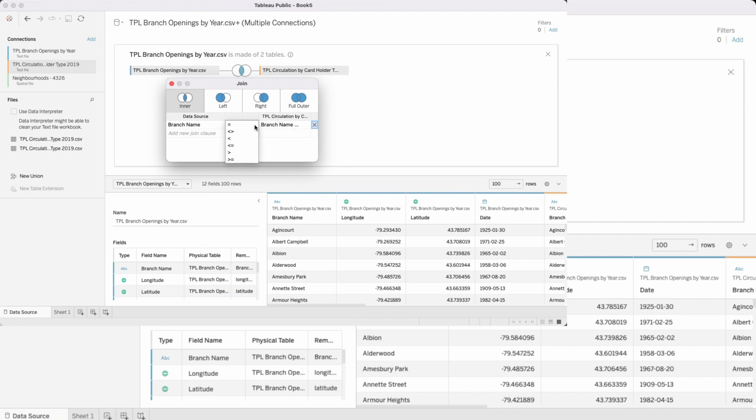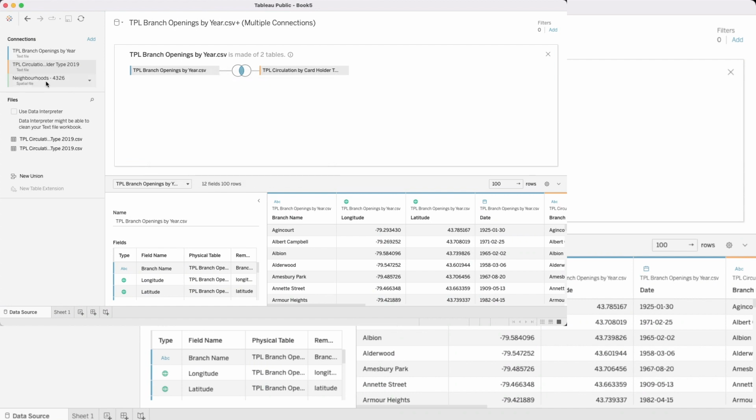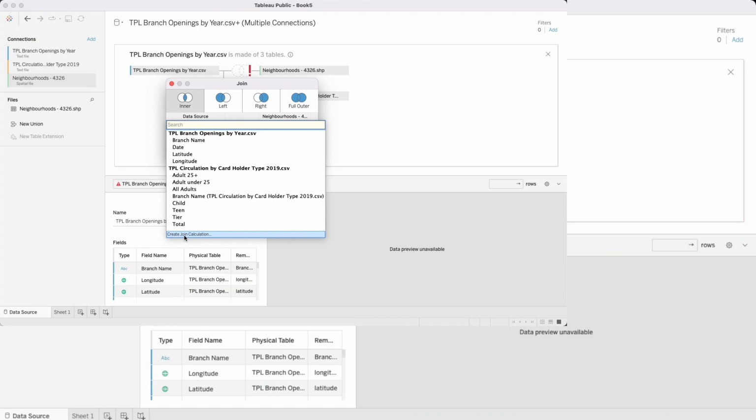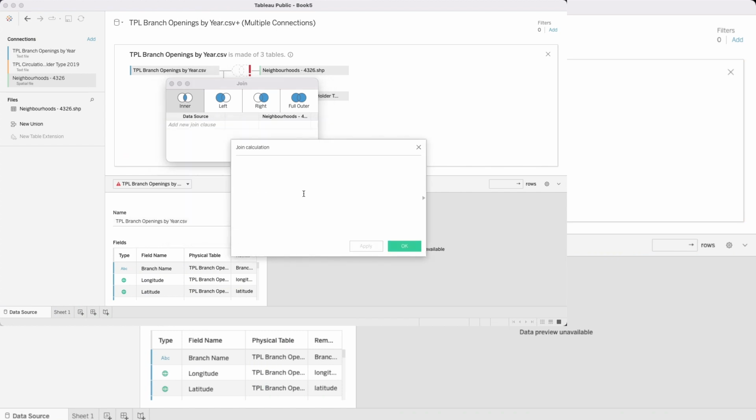And the equals here just stands for equality of columns. Next, I'm going to locate the neighborhoods shapefile. To locate the file, do the same thing, drag and drop it. Select create join calculation, and I'm going to use a function called the MakePoint function here to convert our latitude and